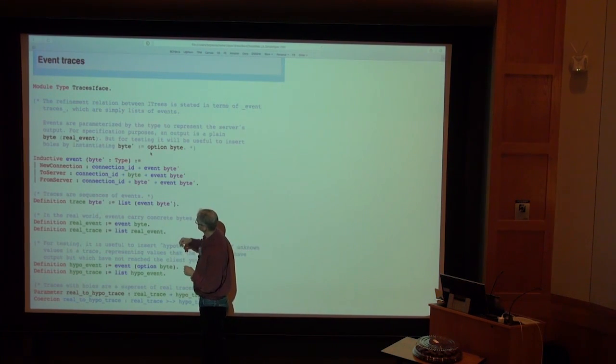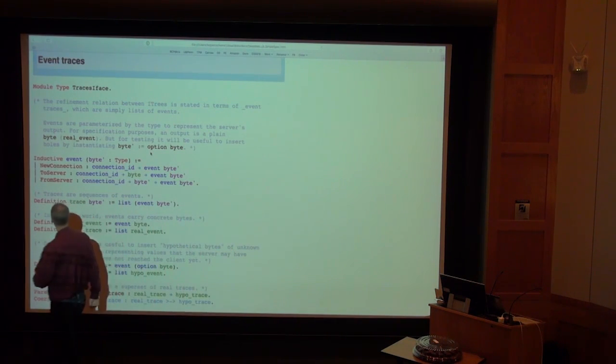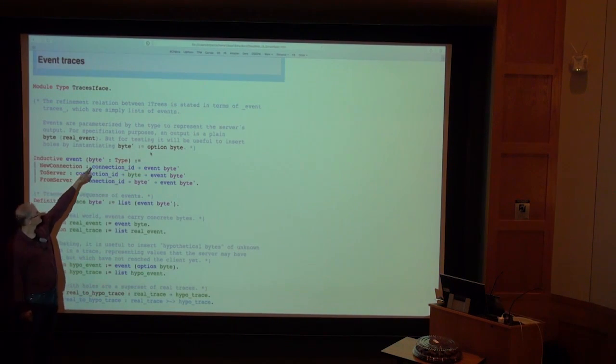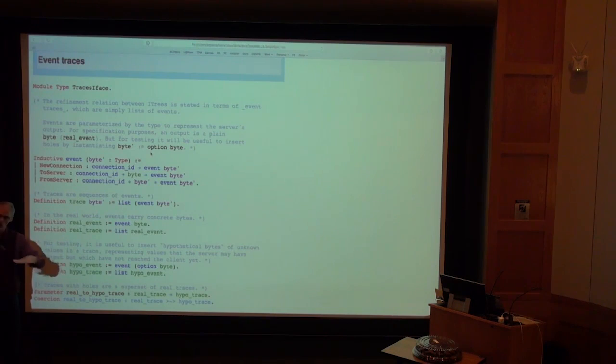And the way we do that is we define a type of events. Actually, to be specific, we define two types of events, depending on whether we're talking about kind of concrete traces or concrete events with concrete bytes in them, or more hypothetical ones that may have hypothetical